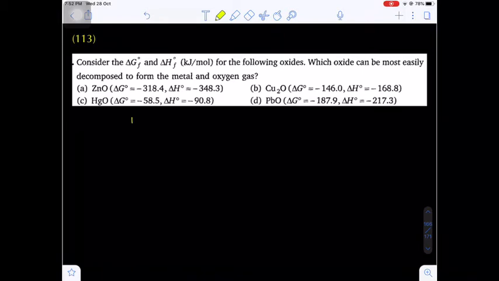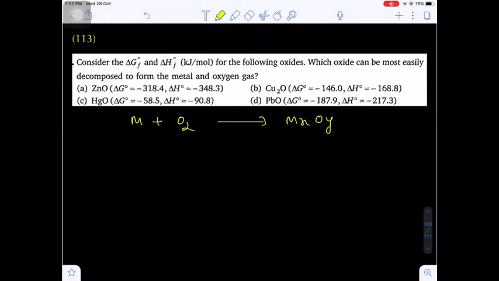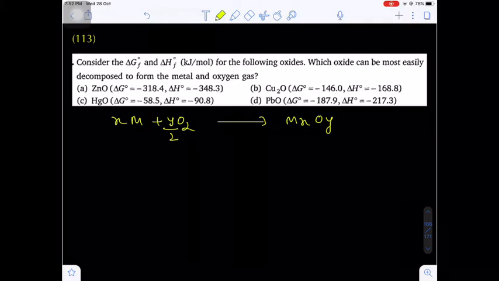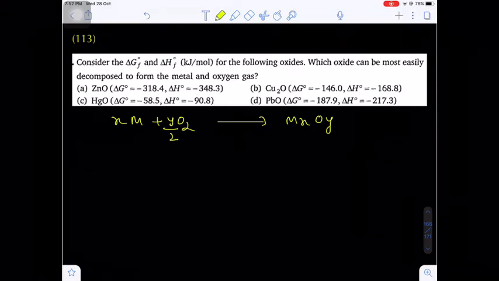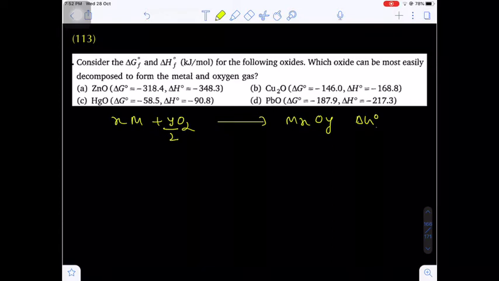Generally you see metal combined with oxygen to give metal oxide. So this is a general equation. So I am writing the metal oxide formula MxOy, where the metal atoms are x and oxygen atoms are y by 2. Now we know generally the oxidation of a metal is a spontaneous phenomenon because metals have a great tendency to undergo oxidation. So that's why generally we can say the standard Gibbs energy formation of a metal oxide will be spontaneous and it has a negative value.